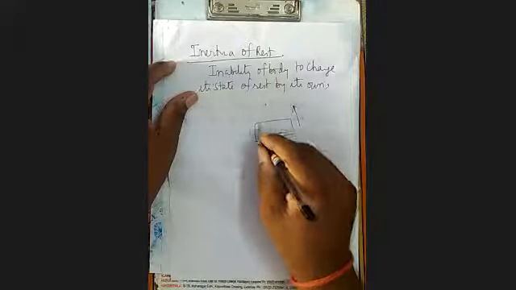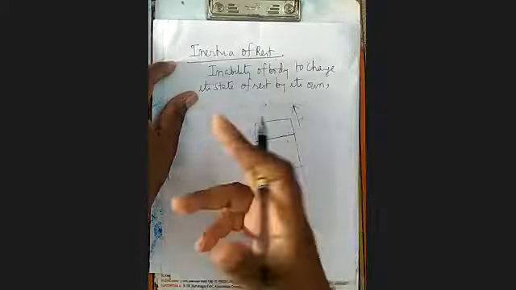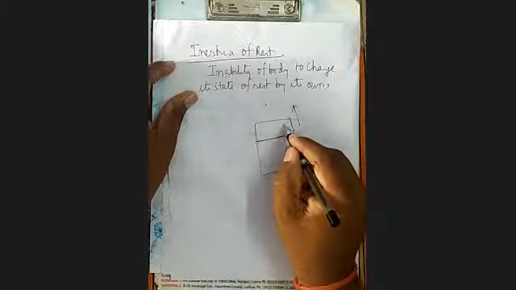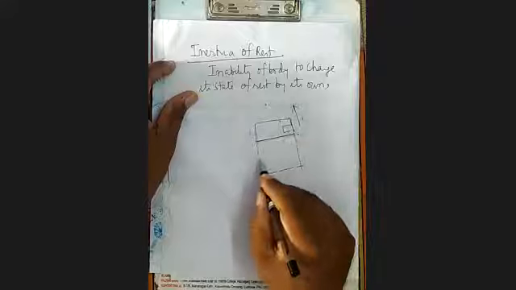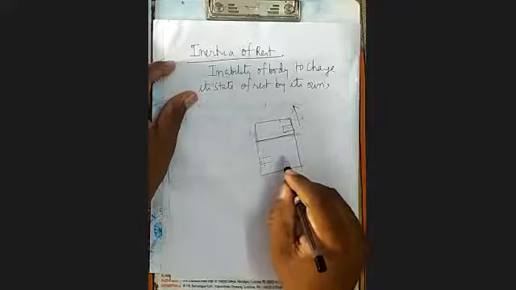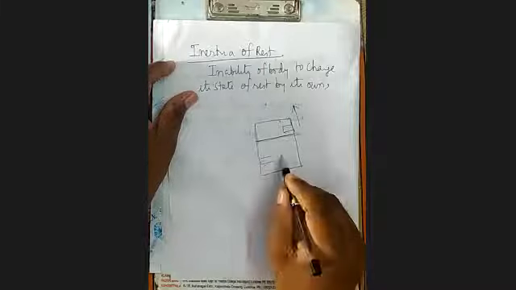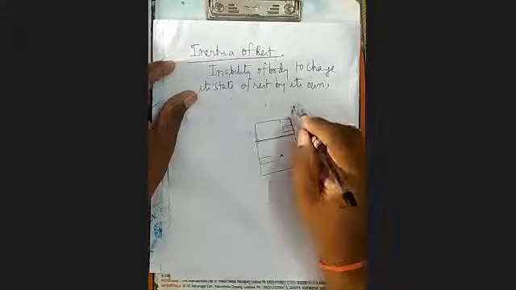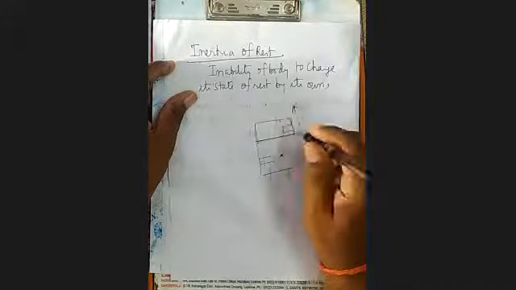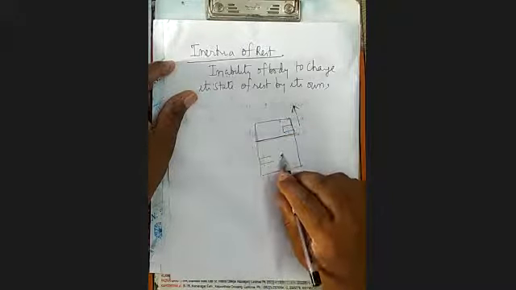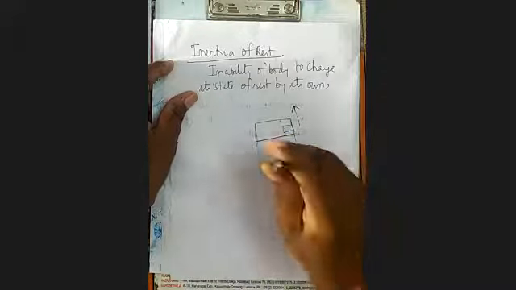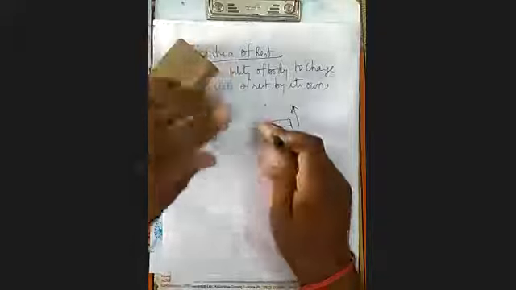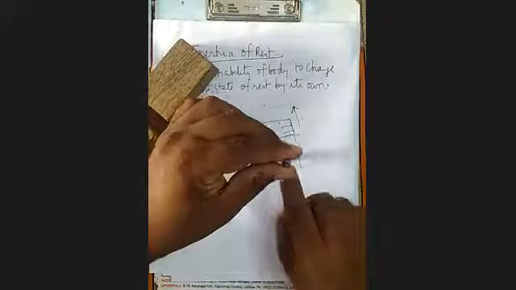Suppose this is the cockpit of the bus, like in an aeroplane where we do not see the pilots. Suppose it is a bus in which we cannot see the driver. Here some people are sitting, some are standing. Suppose you are standing here without any support and suddenly the driver starts the bus and moves forward. What will happen? You will fall in the backward direction. And why will you fall in the backward direction? Because the lower portion of your body, you can see here, the lower portion of your body which is in contact with the bus.